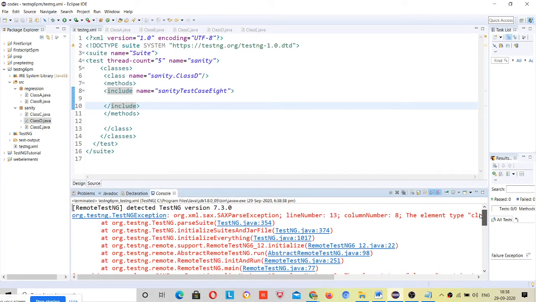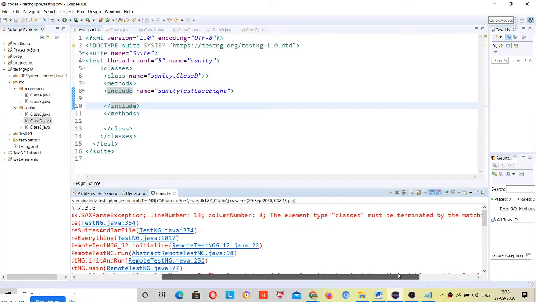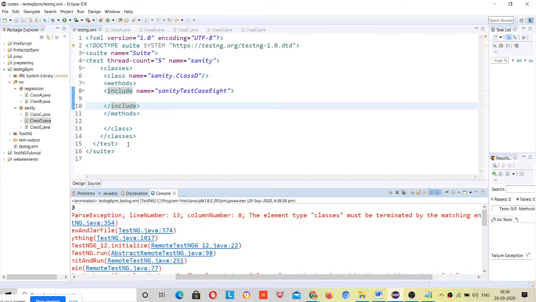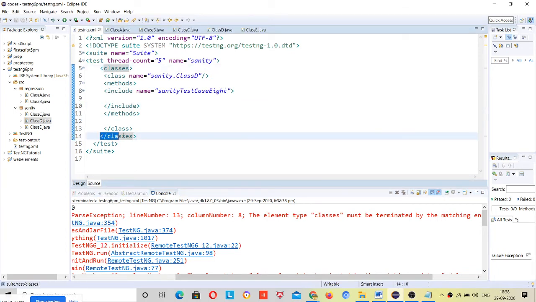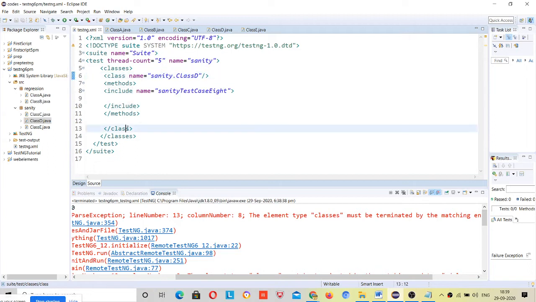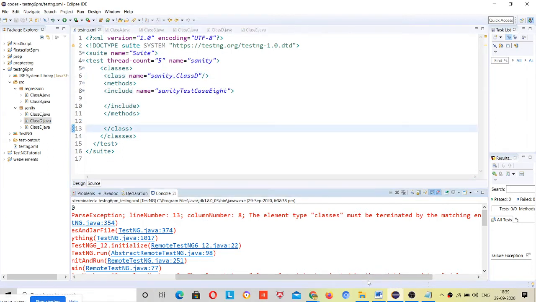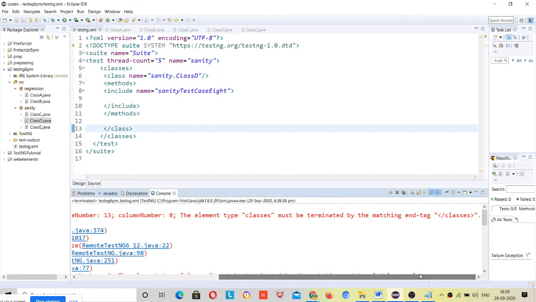Let's see what the error is. Line number 13, column number 8, element type classes must be terminated. We have terminated the classes here, so why this error? Methods is terminated, class is terminated, test. Classes must be terminated by matching classes. Is this a spelling mistake?